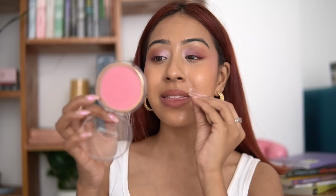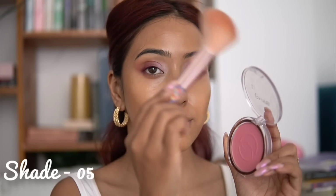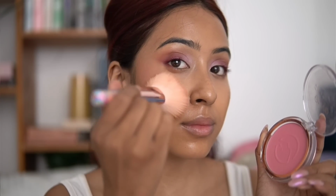So the next thing that I have here is a Mars blush. Now why I like this blush? I feel like Mars blushes aren't that underrated, but this shade in particular, I actually don't even know the shade, but of course shade 05. So the shade 05, which is like a very nice soft fuchsia pink shade, this shade is going to suit